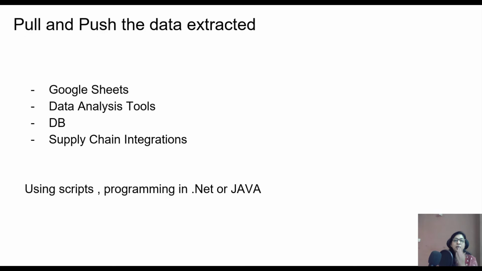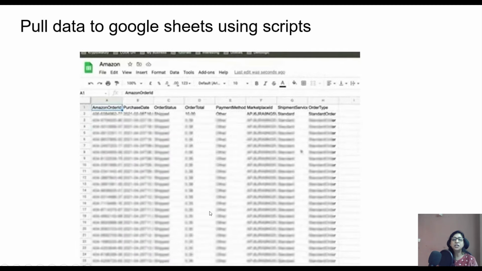You can use this SP API in various languages like .NET, Java or Python, whichever you are technically sound in, and implement using that, or you can just write scripts to fetch quick data using Google Sheets. This is how a sheet looks when we have pulled the data into a sheet using the SP API. And once the sheet is generated, this is how the orders and everything are pulled out.